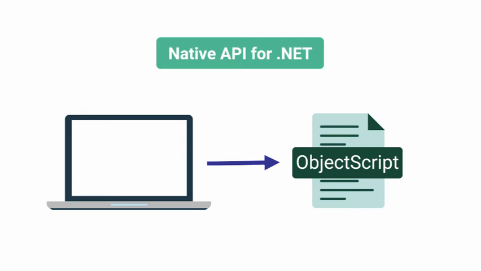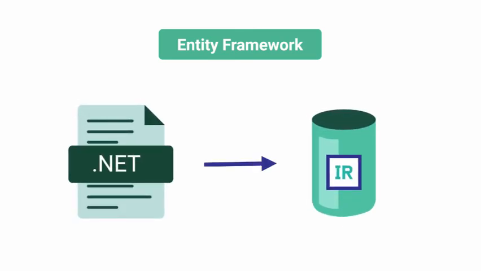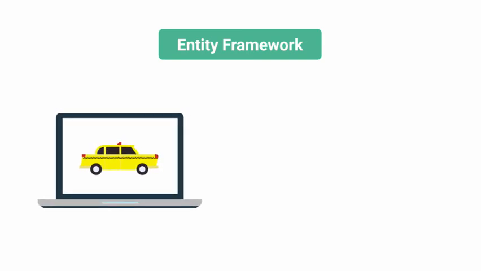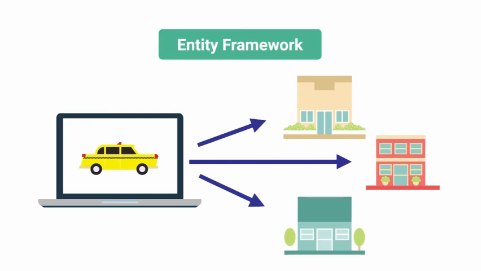Lastly, a popular third-party framework for object-to-relational mappings in .NET is Entity Framework. Where Entity Framework may be particularly useful is in a situation where your data model is complex and requires you to map .NET classes to your database. For instance, there may be a piece of your taxi application that needs to process data trends from multiple vendors, potentially using different and complex data structures. If you are familiar with Entity Framework, you are free to leverage your expertise and use Entity Framework as your API to connect to InterSystems Iris data for that part of the application.